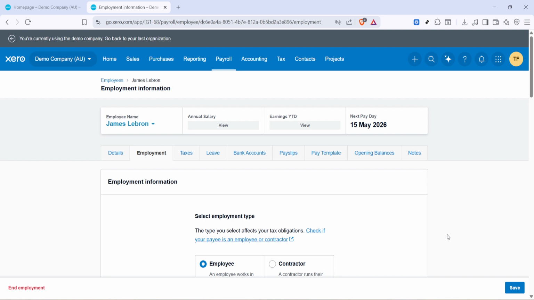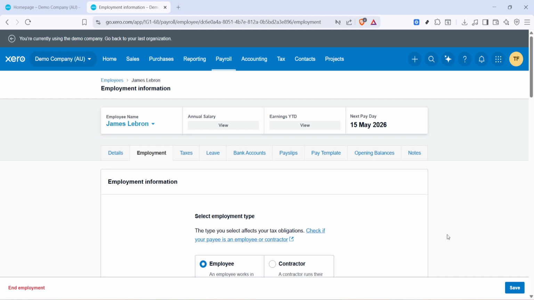If you're preparing a final pay, review it carefully to include outstanding earnings, allowances, or leave, consistent with your organization's policy and local legislation, and keep supporting documentation like resignation letters or redundancy notices with your records for audit and compliance. That's it. You've opened payroll, navigated to employees, selected the person, entered the employment section, ended employment, set the